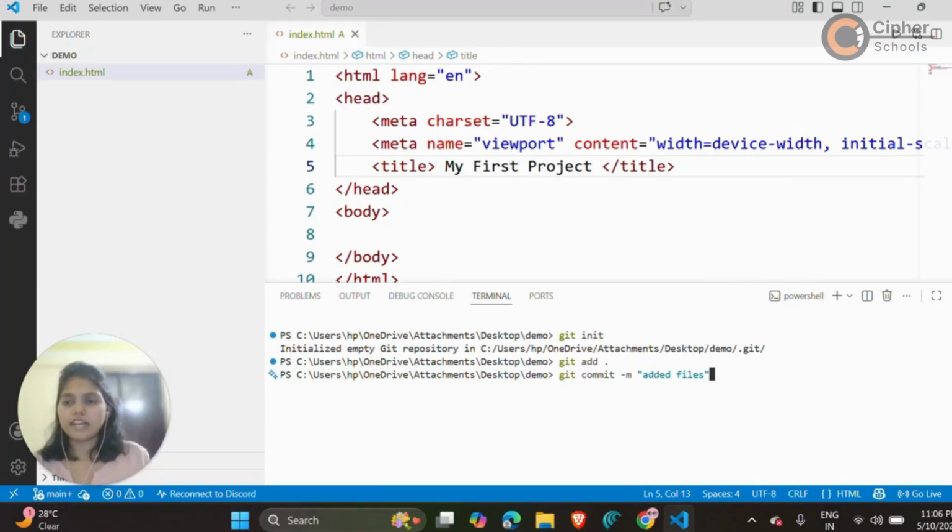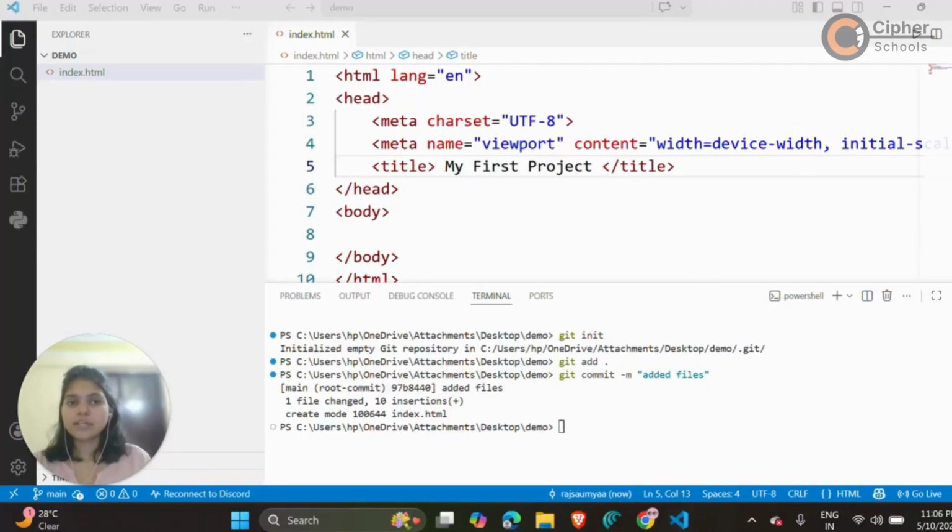Then it will show on the GitHub repository like this, added files. So the git commit command creates an actual save point. This is the moment where the project state gets permanently recorded. So if tomorrow I completely destroy my code trying some genius idea, I can always come back to this version.